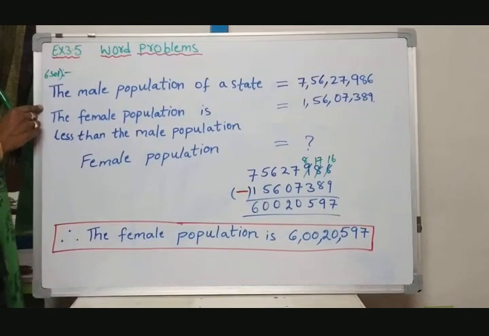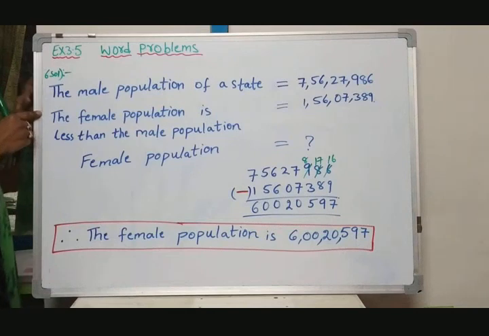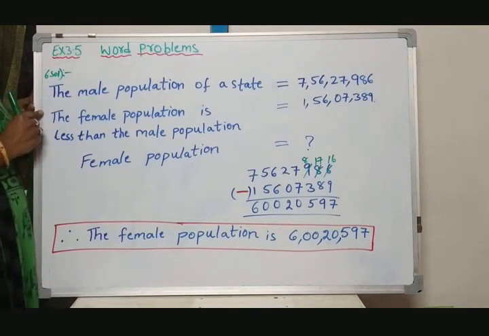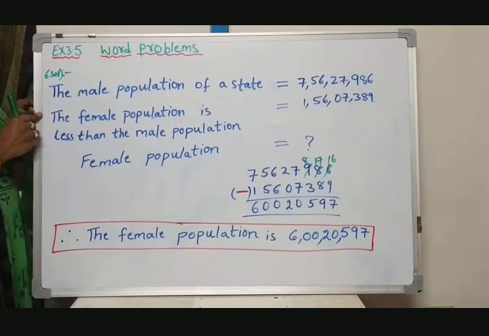Now let us see the sixth solution. Children, now onwards I am not going to write the question. You have to copy from the textbook itself. When you copy the question, as I showed you earlier in the second word problem, you have to identify the keyword and underline the numbers and the keywords using the color pencil. Now let us see the sixth solution.